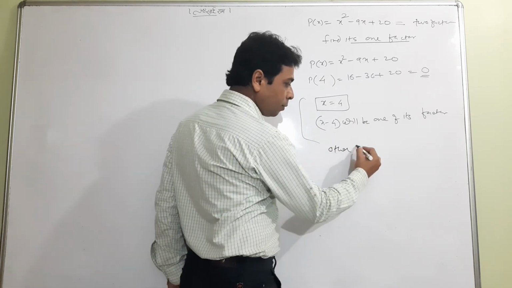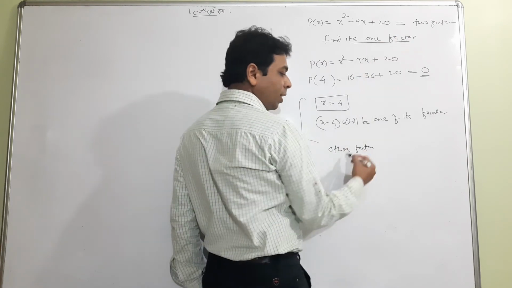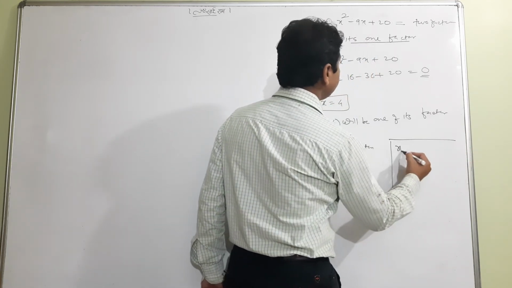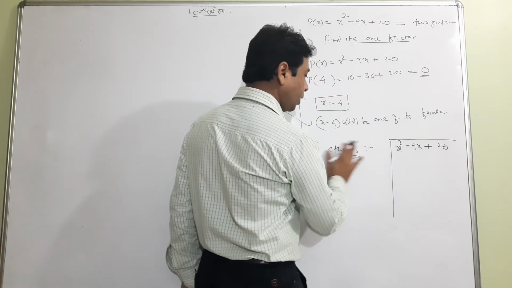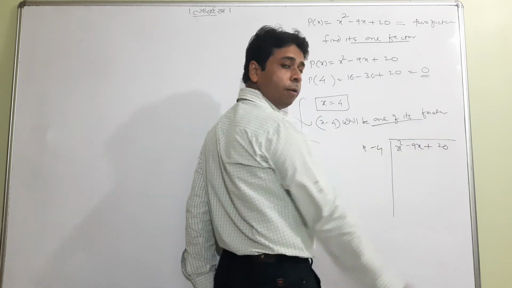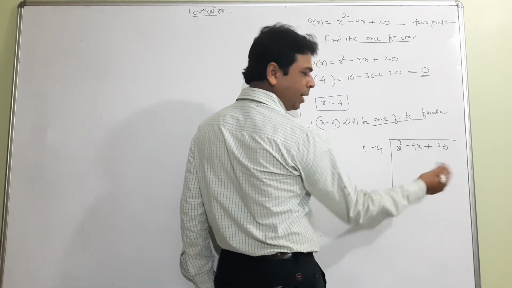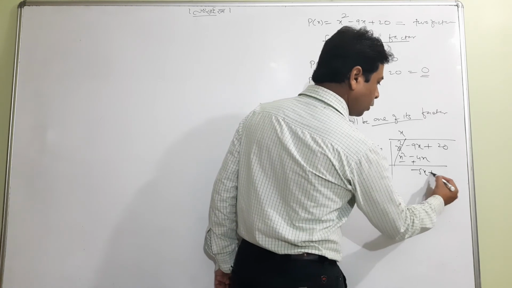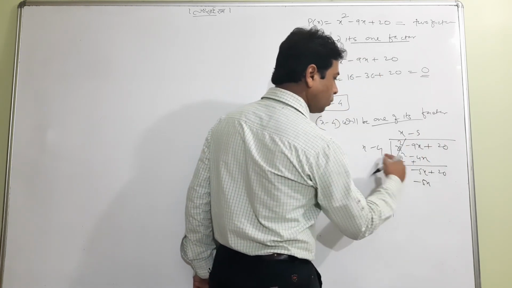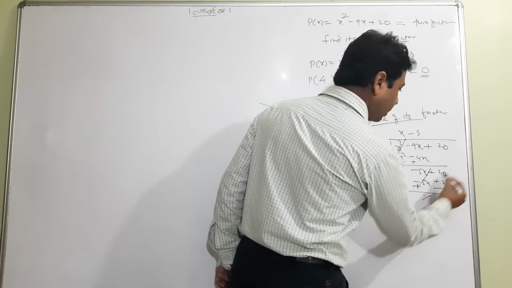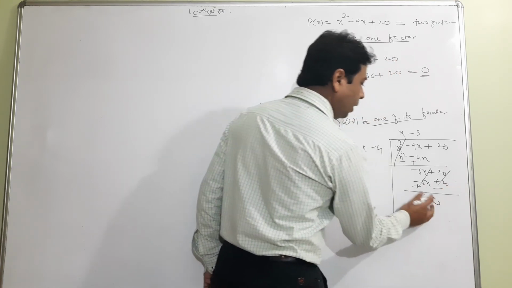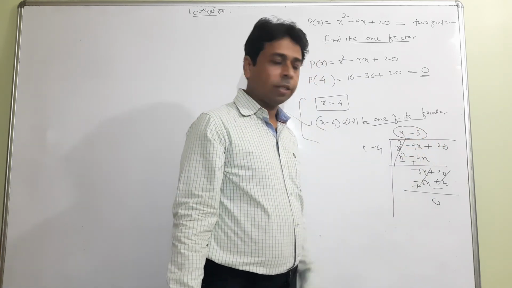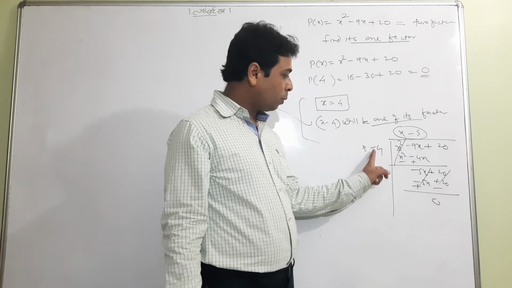What is the other factor? Now I won't waste time. I have taught this in the last board. When you know one factor, you can get the other factor by dividing. So right here, x minus 4 is one of the factors. When you divide, I do it quickly. I'll write here x square minus 4x, cancel, minus 5x, minus 5 and 20, cancel, 0. What does it mean? Division is complete. Then x minus 5 is the other factor because the division has been completed. So this is one factor, and this is the other factor.